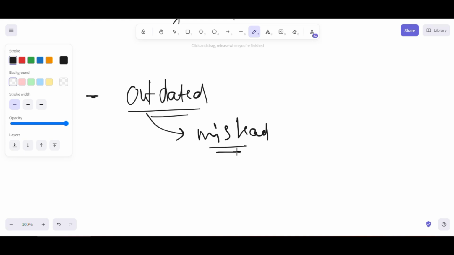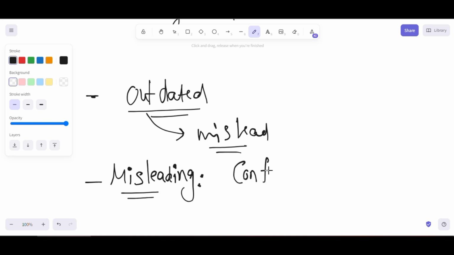Number two, misleading. What does misleading mean? Bad comments or poorly explained comments confuse developers. If you have not explained what a particular function is all about, that might confuse the developers.